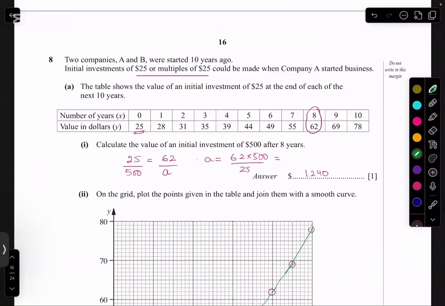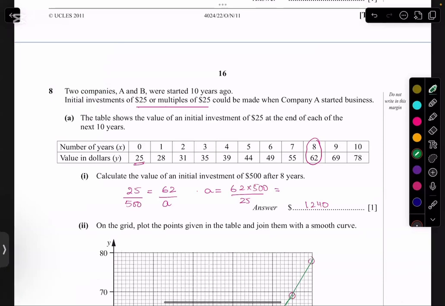अच्छा देखो, यहाँ पे जो सबसे पहली चीज है ना, वो इस कंपनी में ये बताई गई है कि दो कंपनीज हैं, दोनों ने अपनी इन्वेस्टमेंट से स्टार्ट किया था, तो ऑब्वियसली विद टाइम दे विल बी मेकिंग सम प्रॉफिट, राइट. अब कंपनी ए के बारे में दे आर गिविंग अस दिस इंफॉर्मेशन कि उन्होंने स्टार्ट किया है विद $25, एंड दे आर ऑल्सो सेइंग कि अगर आप स्टार्ट कर रहे हैं $25 में और मुझे भी स्टार्ट करना है, तो आई कैन स्टार्ट एन इन्वेस्टमेंट विथ मल्टीपल्स ऑफ 25. ठीक है. अब मल्टीपल्स ऑफ 25 का मतलब है इट्स अ टेबल ऑफ 25, राइट. मल्टीपल्स ऑफ 25 times 2, that's a 50, then it's a 75, then it's 100. मैं इन वैल्यूज के साथ इन्वेस्टमेंट स्टार्ट कर सकती हूँ.